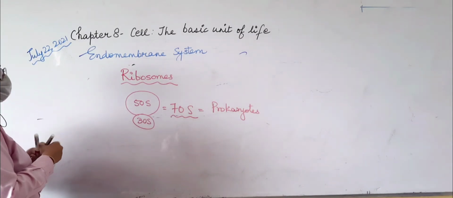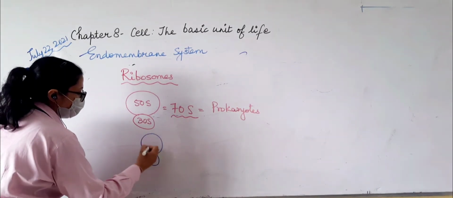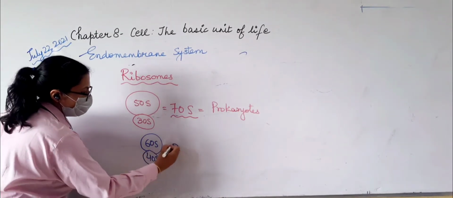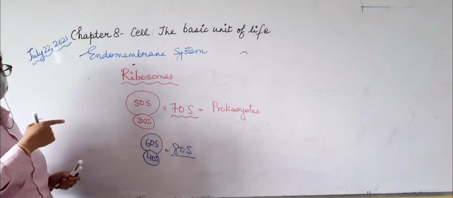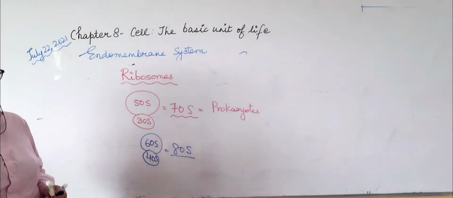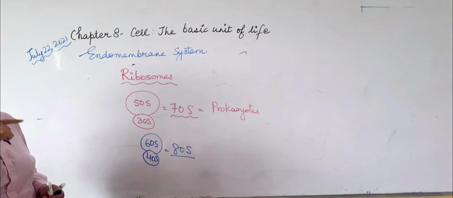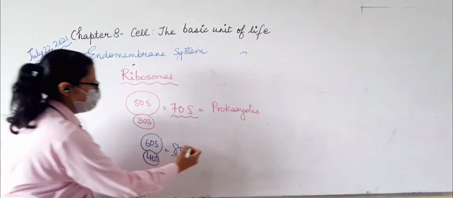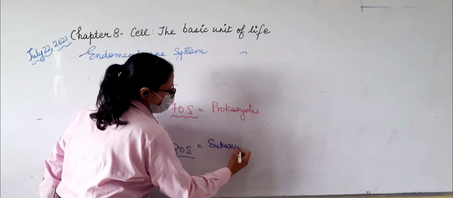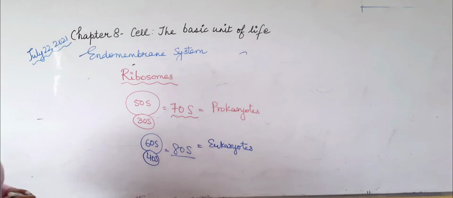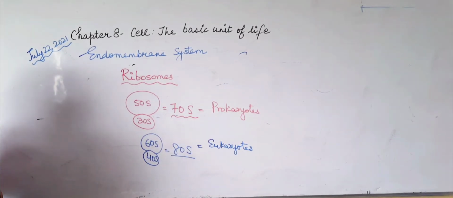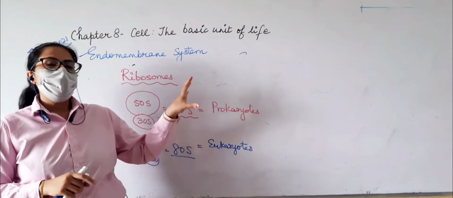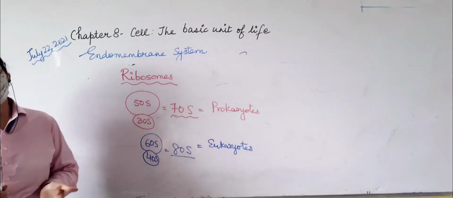Please see in case of eukaryotes how it is different. The large subunit is 60S and the small subunit is 40S. So it comes out to be 80S. Again I have told you earlier also we don't have to add this because it is density. We are not adding it. Svedberg gave this sedimentation coefficient. So this is found in eukaryotes. So this is about ribosomes, that they perform protein synthesis. Whenever protein is being formed, both the subunits are required by the cell to perform the synthesis of proteins.